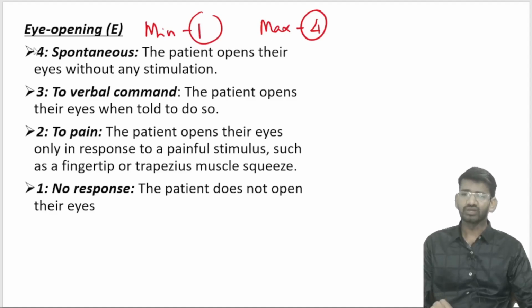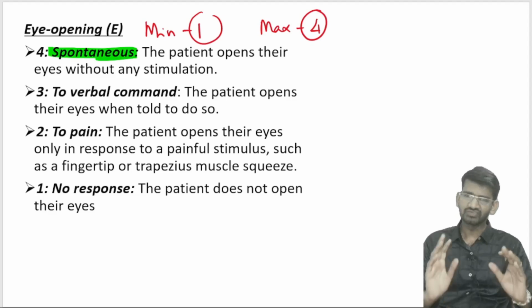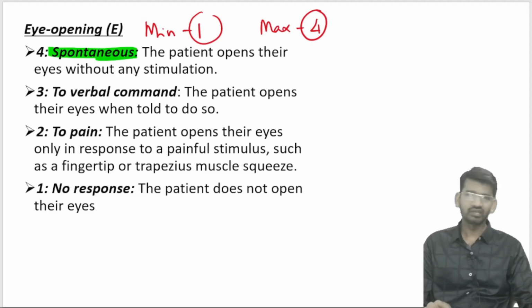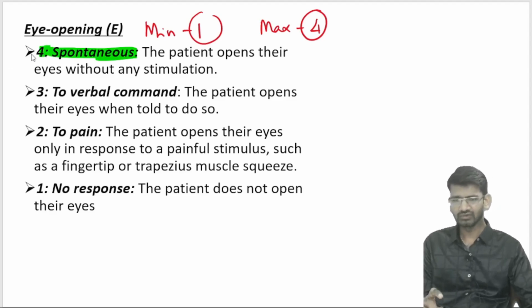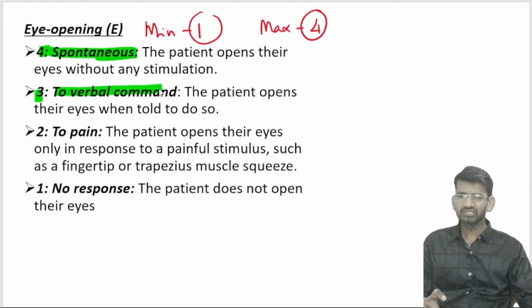See here, the 4 stands for where the patient opens his eyes spontaneously, meaning without any stimulation the patient is wide awake and is looking here and there in his surroundings. He is completely aware and is looking, okay. So if the patient is opening his eyes spontaneously without any stimuli, then we give a score of 4. Okay, then a 3 score will be given if the patient responds or opens his eyes to